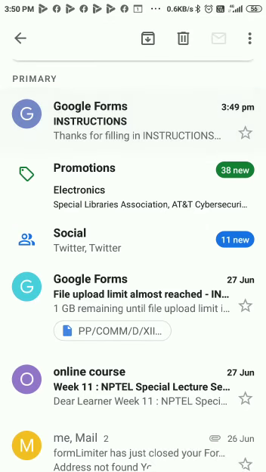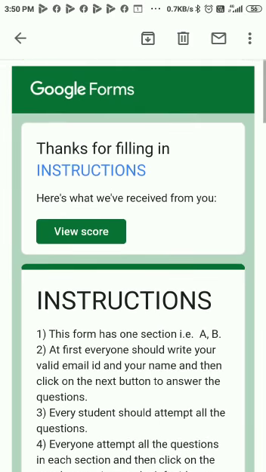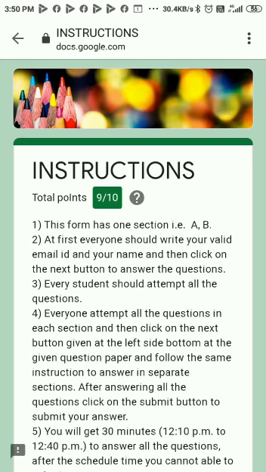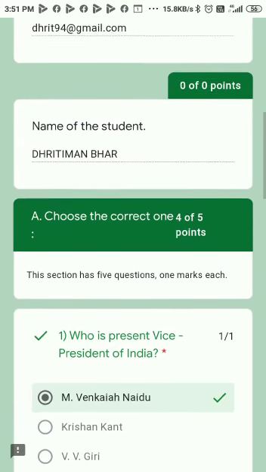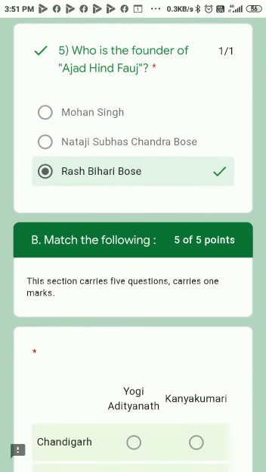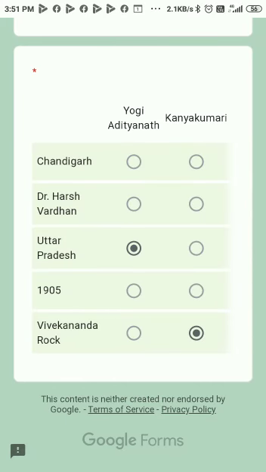Just click on it. Now you see view score. That is the score, whatever you got, and it will show you all the answers, right answers and wrong one.